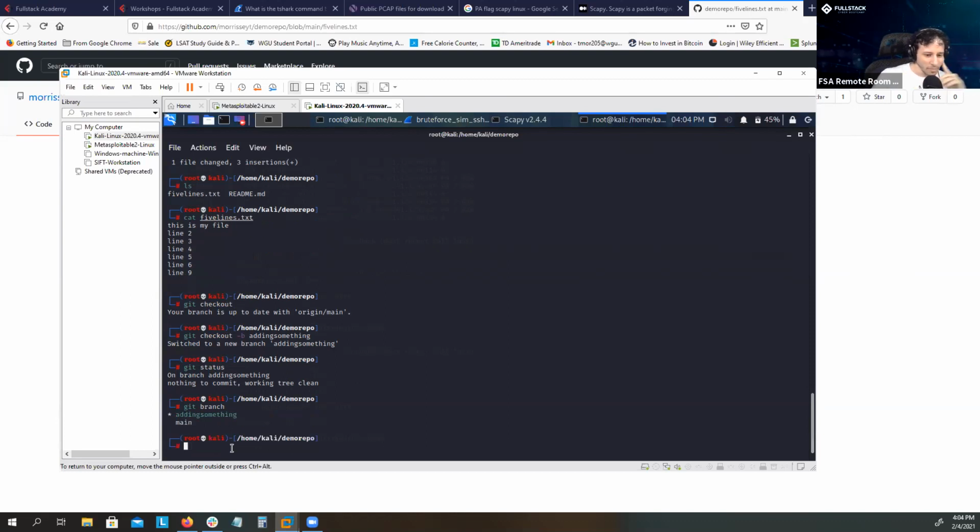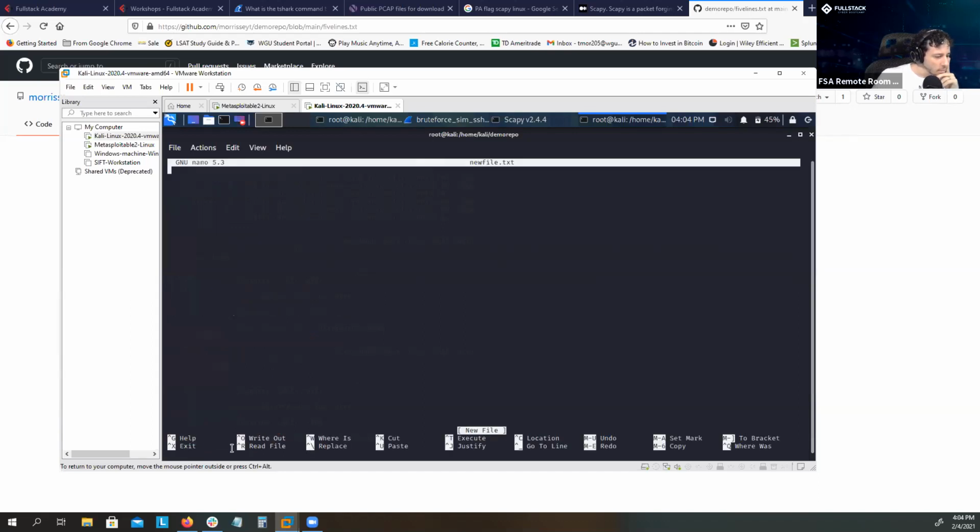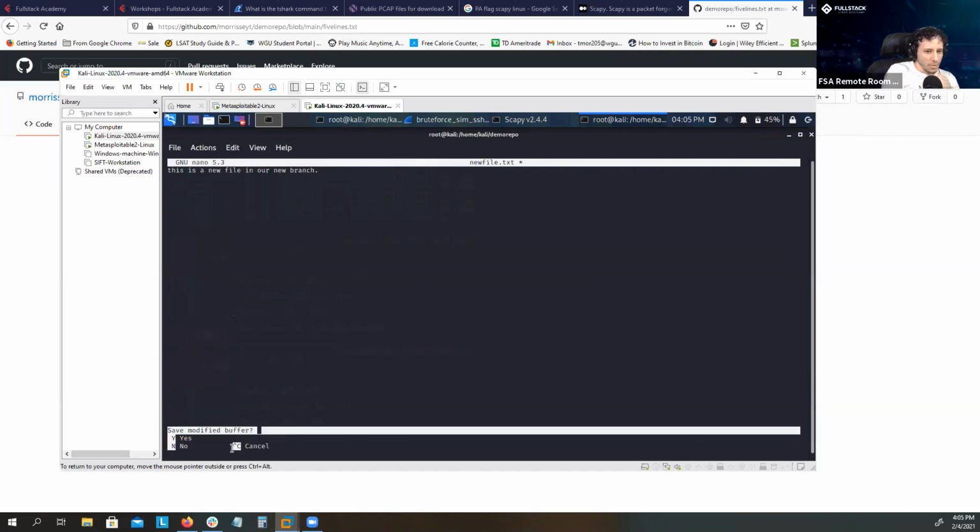So let's actually add your new feature. Let's make a new file and add something to it just so we can see. I don't care what's in it. Cool. Sounds good. So save it,